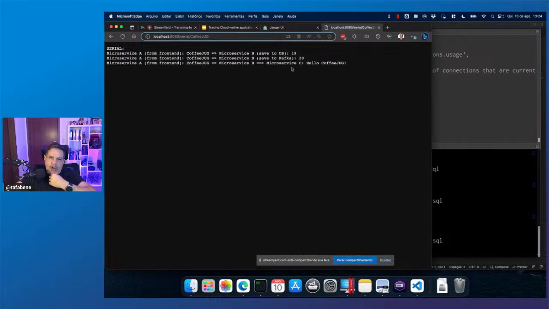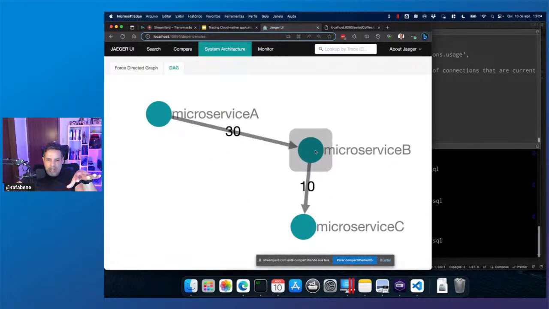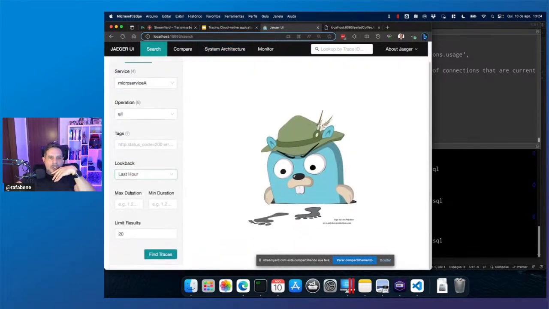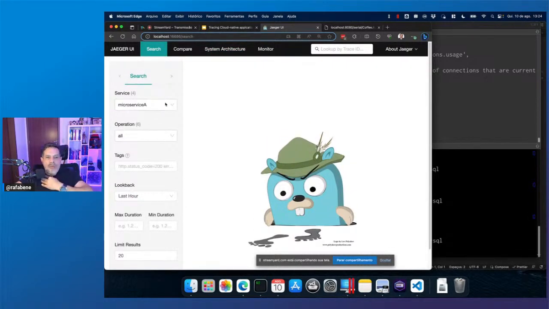And microservice B calls microservice C only 1 time. That's why for each 3 calls to microservice B, there is 1 call to microservice C. Okay, so we can see the number of invocations here. Microservice A does not talk to microservice C directly.